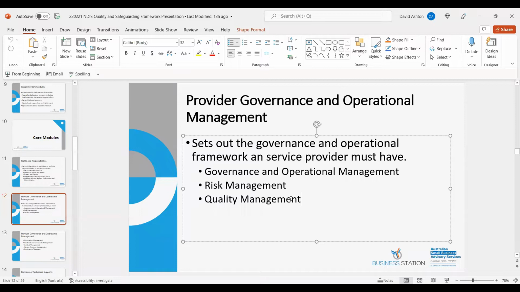Continuous improvement. So you've always got to continually improve how you run your business. You've got to engage suitably qualified or experienced employees. You've got to document the delegated responsibility and authority. So if you're delegating certain roles or decision-making to certain people within your organisation, you need to have that documented. And you need to have policies and procedures in place around managing conflict of interest as well.